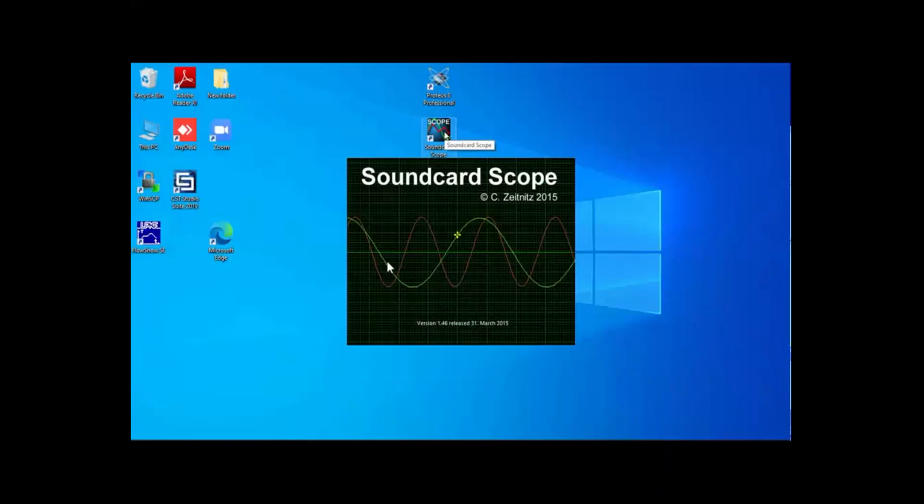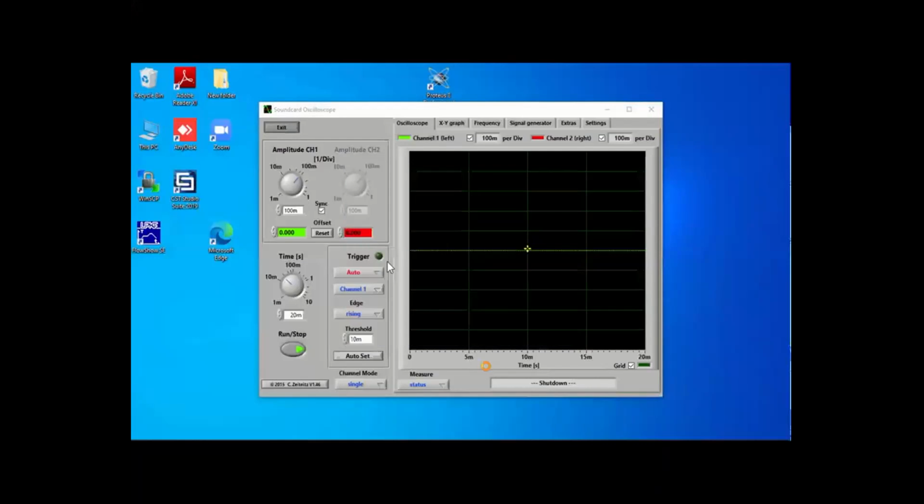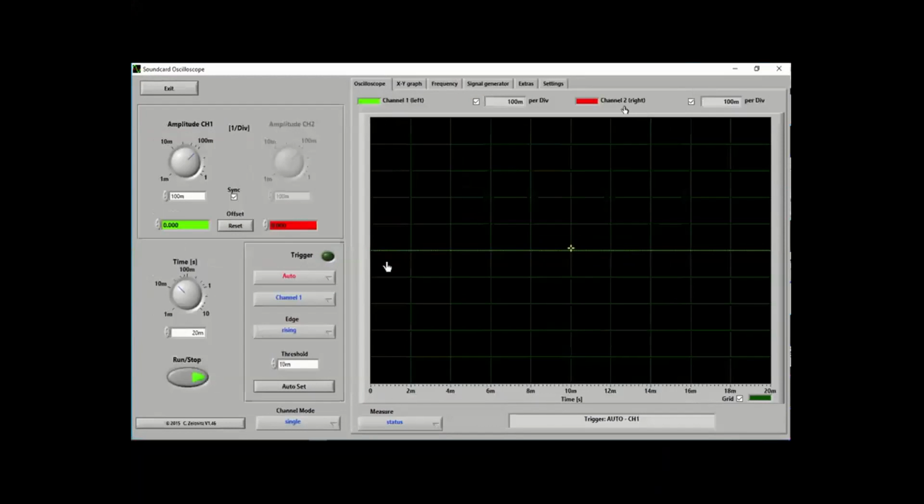So I'm opening this software on my laptop. This is the Scope software that we are using for making the oscilloscope.